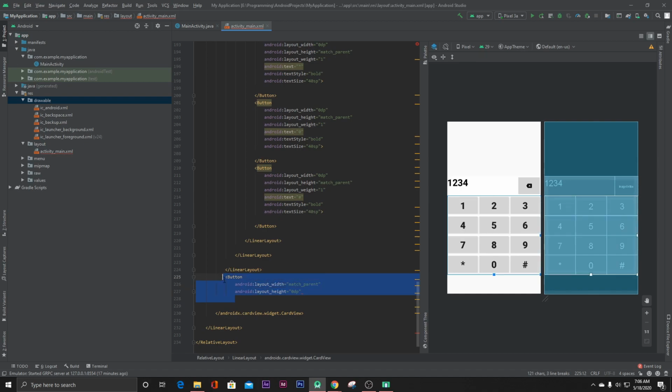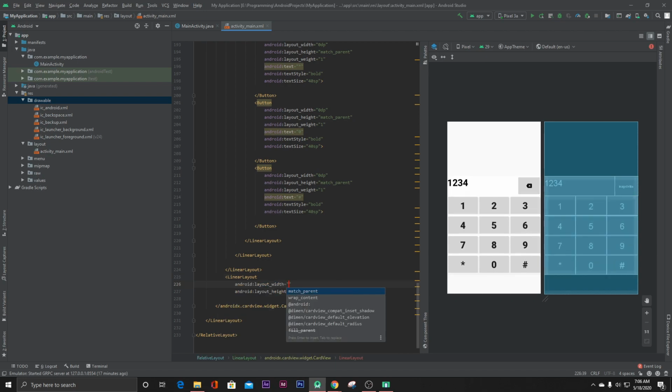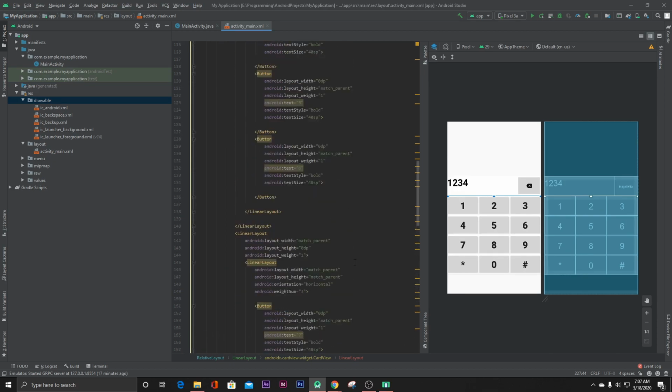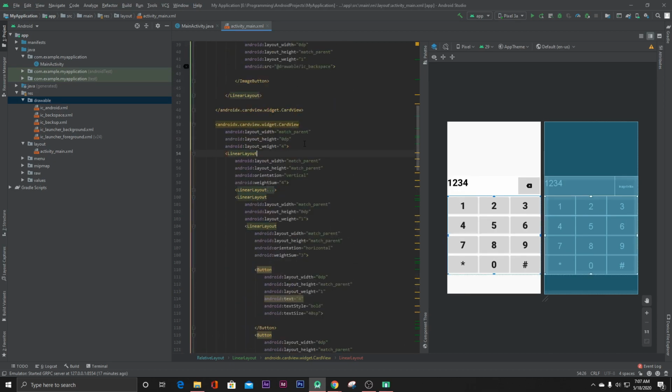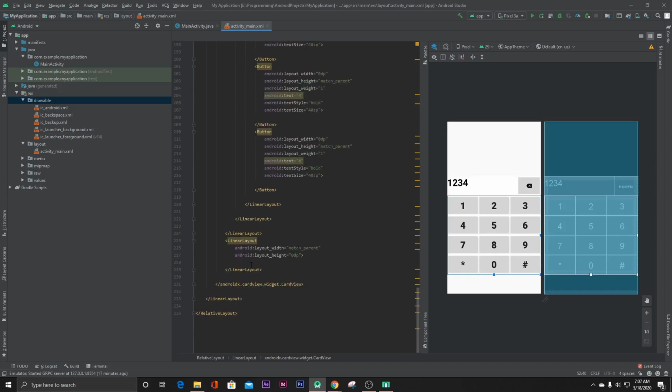To make it look better, let's create a linear layout here. Give this height 0 dp. Where is the problem? As we have created a card view here with weight 4, okay, so here